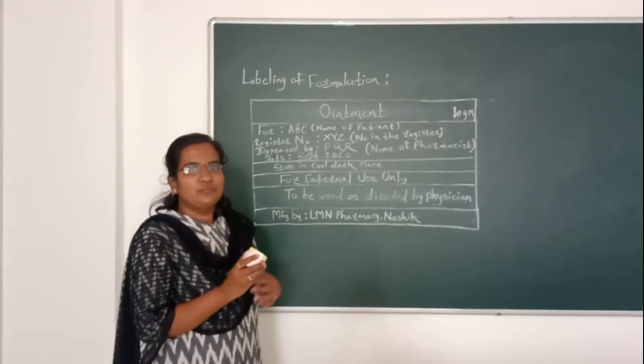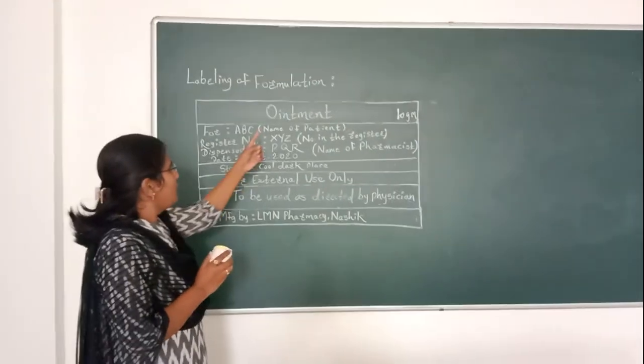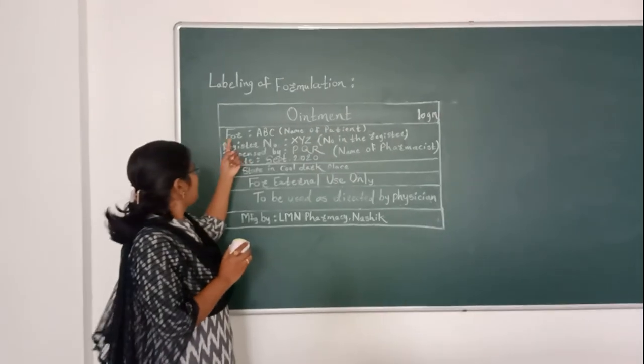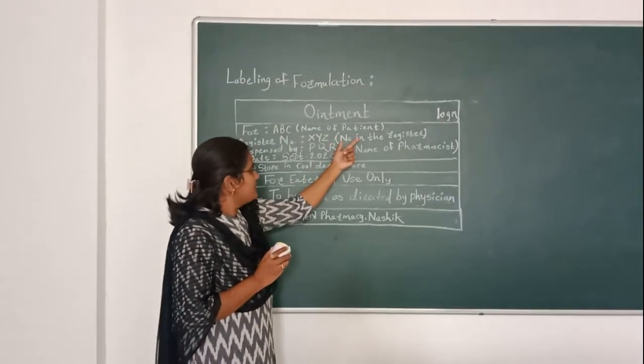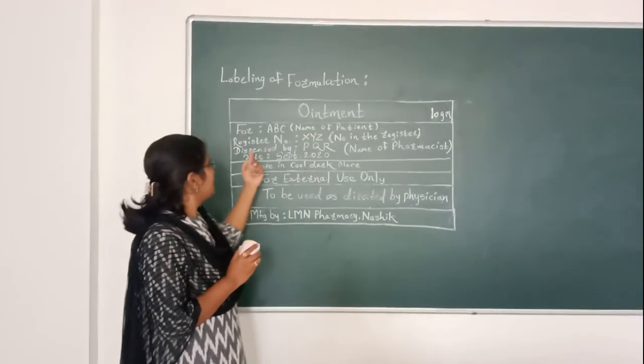So now we will move towards the labeling part. Ointment 10 gram. For ABC, meaning name of patient, register number, that is XYZ, which is the number given in the register, dispensed